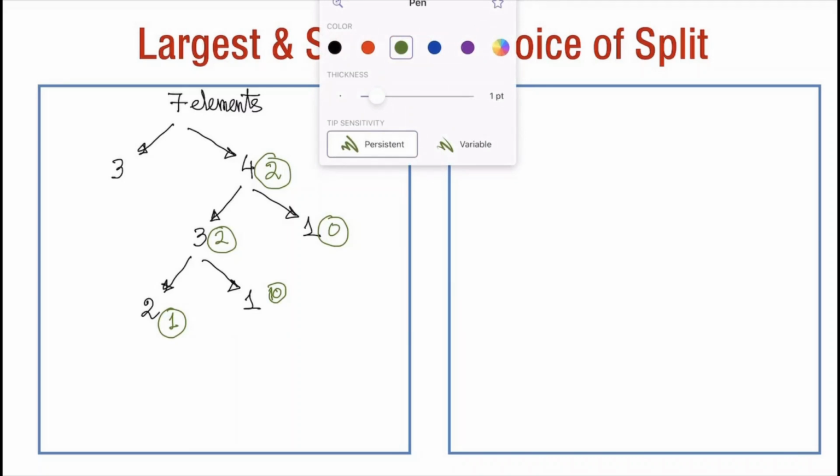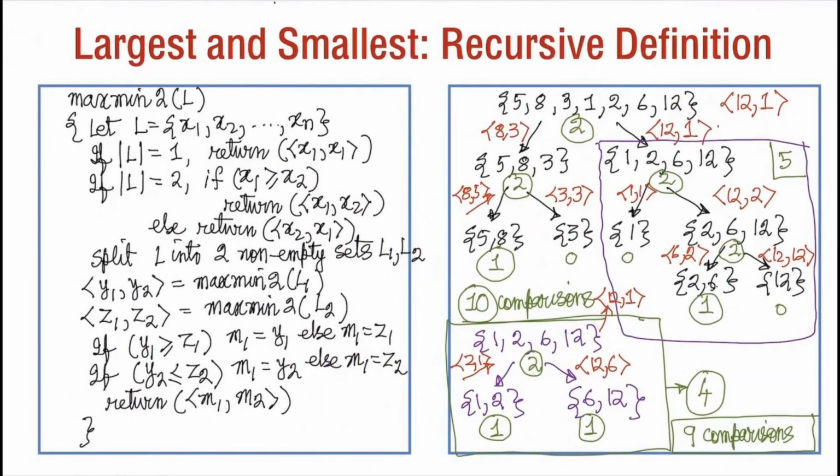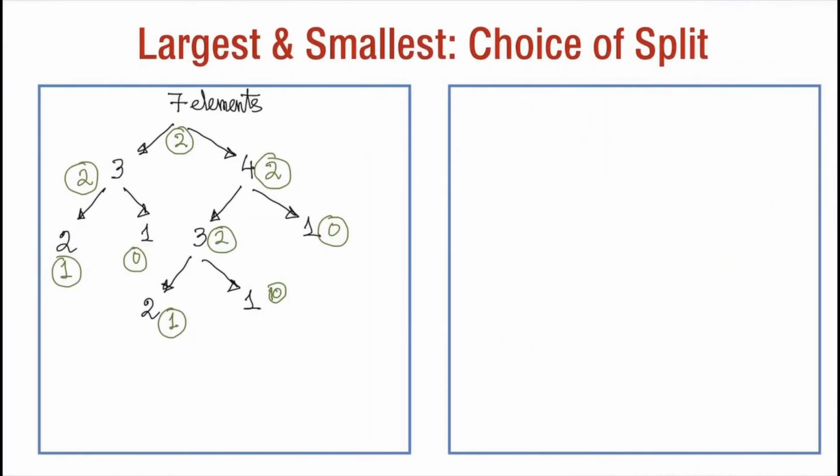Similarly, everywhere we have 3 elements, this will again be broken up into 2 elements and 1 element, and therefore the number of comparisons here will be 0, here 1, here 2, and here 2. So again this side is similar. We have got 5 comparisons, just like we got in this case where there were 4 elements and we split it up. On the other hand, if these 4 elements